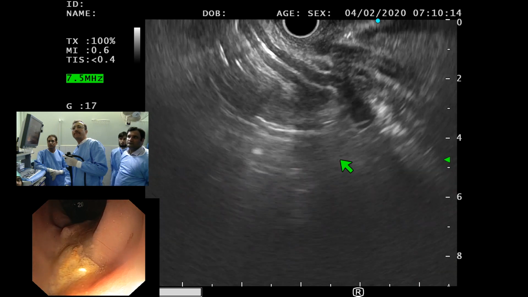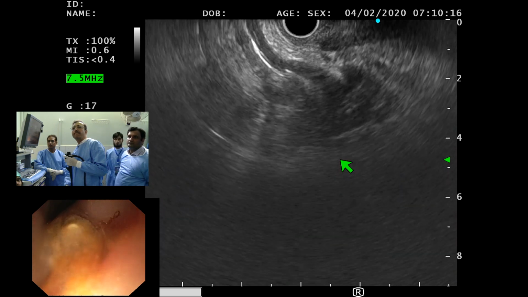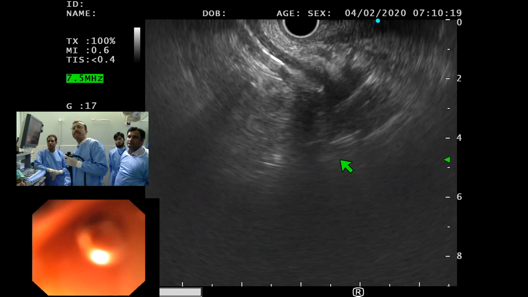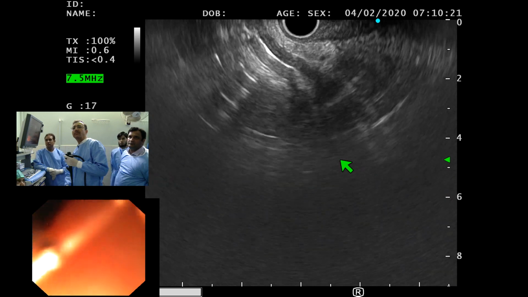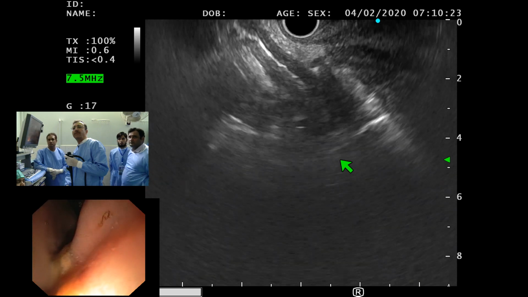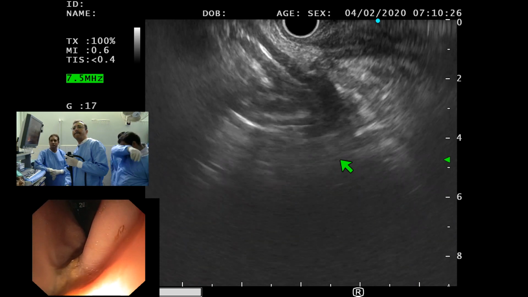Now, can you see better? Yes, we can see that. But still, I don't see any mass around the lower end of the stented area.